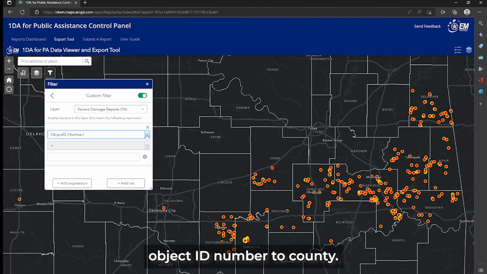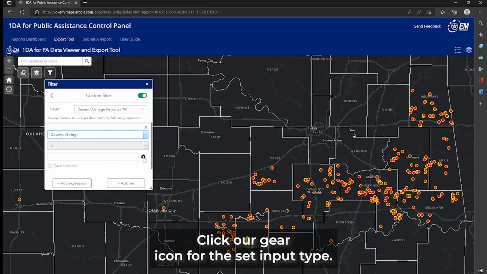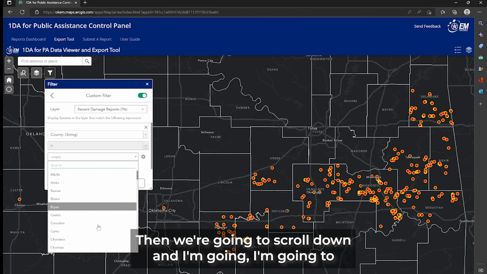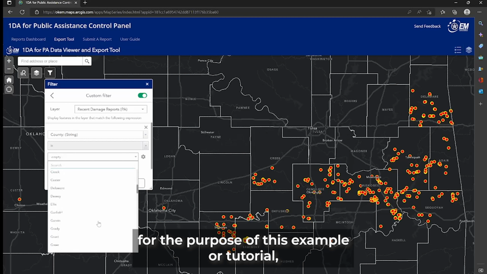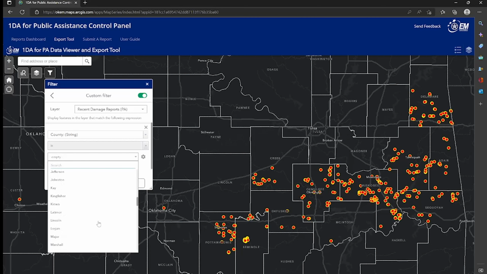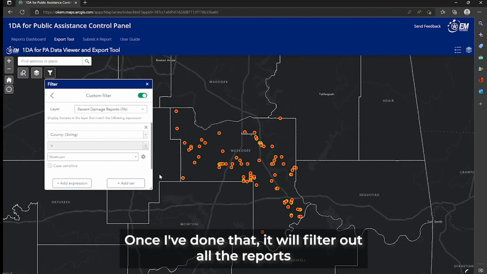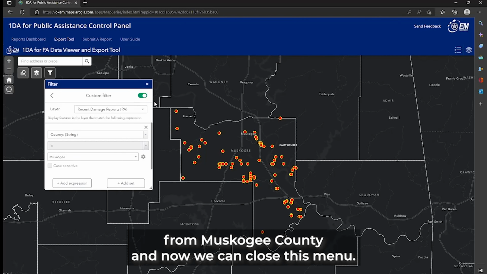We're going to change this object ID number to county. Click our gear icon for the set input type, and we'll do unique. So this creates a drop down of all the affected counties. Then we're going to scroll down, and for the purpose of this example or tutorial, I'm going to go down here and pick Muskogee County. Once you've done that, it will filter out all the reports from Muskogee County, and now we can close this